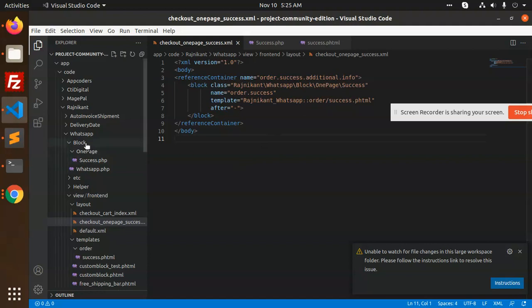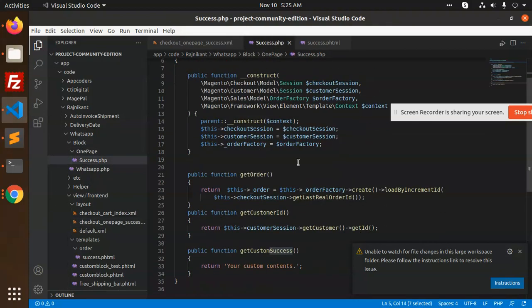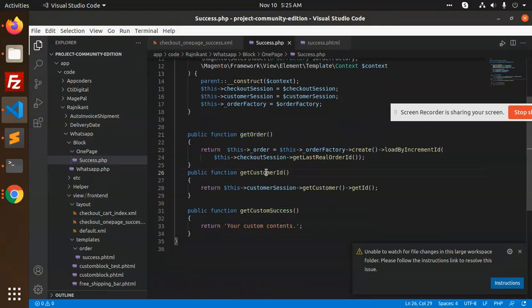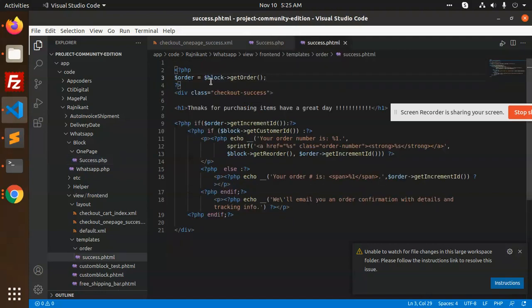After that, you need to create a block in onepage. You need to create Success.php. In Success.php, you need to get the order, customer ID, or customer success, or whatever you want to return as HTML, just write it and get it in the success.phtml. That's simple. Just use $block and get the data from it.